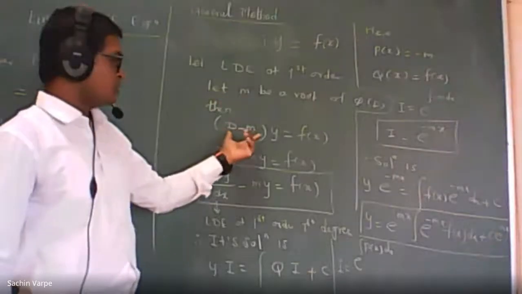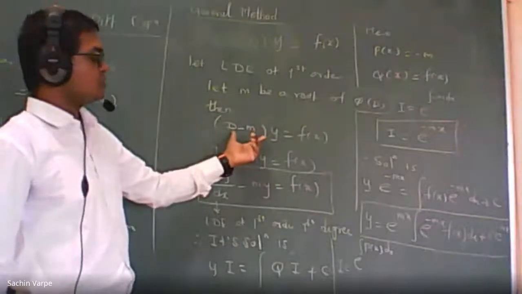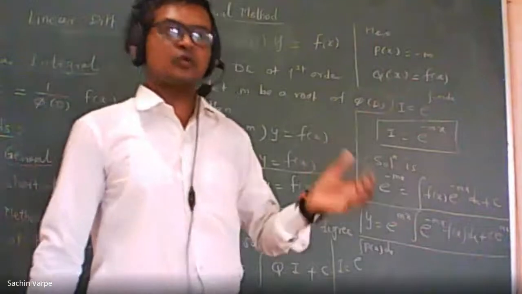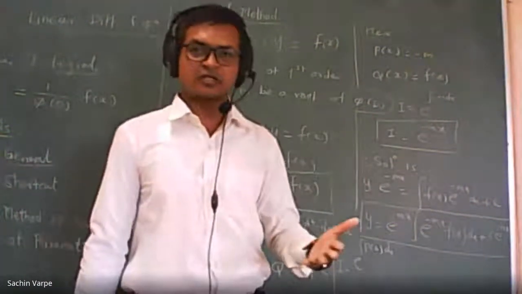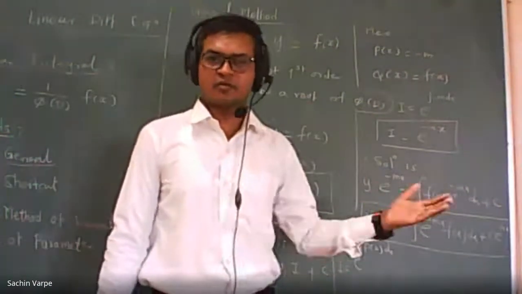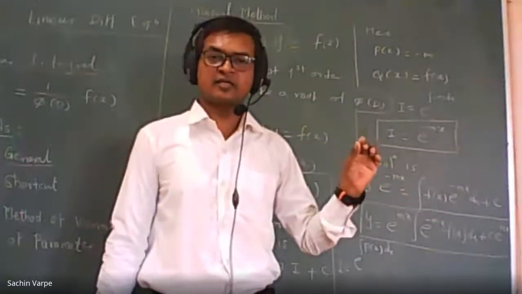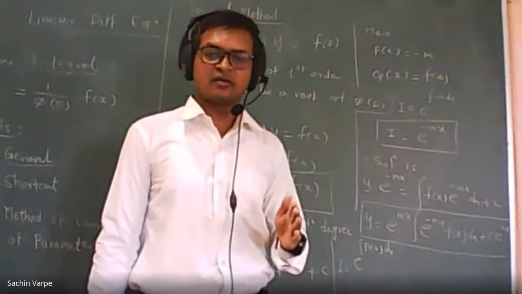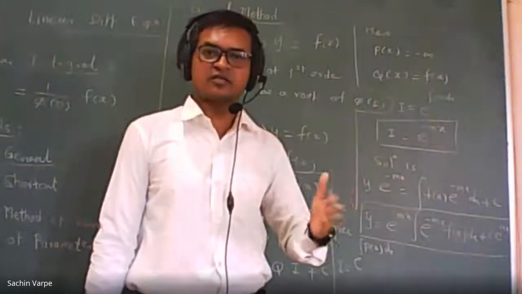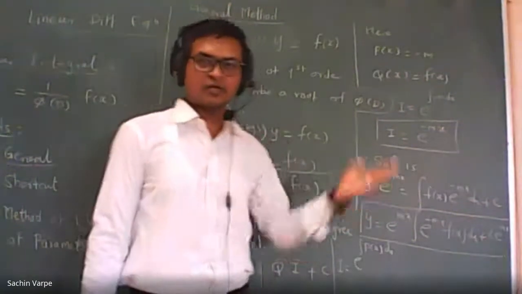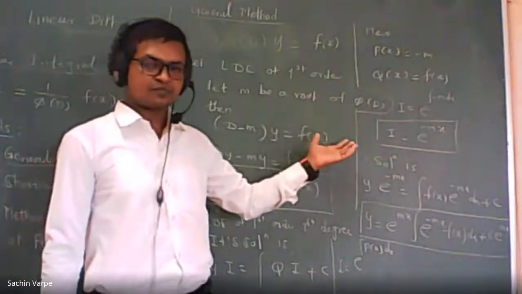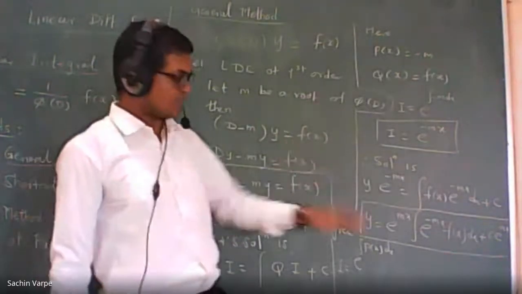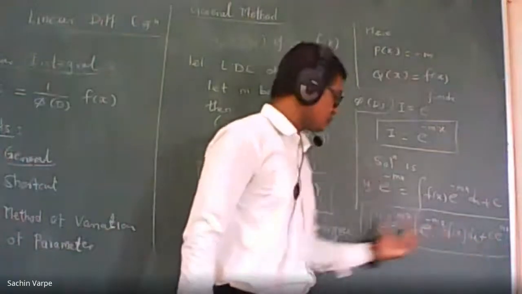We find the complementary function using the root of the auxiliary equation. Here the root is m. Based on that root, whether the root is real distinct, repeated, or complex, we have the formulas. In general, we have discussed that if m1, m2, mn are the roots, then the complementary function is c1 e raised to m1x plus c2 e raised to m2x and so on. Here m is the root, therefore the complementary function will be c e raised to mx, and that we have here in the general solution.